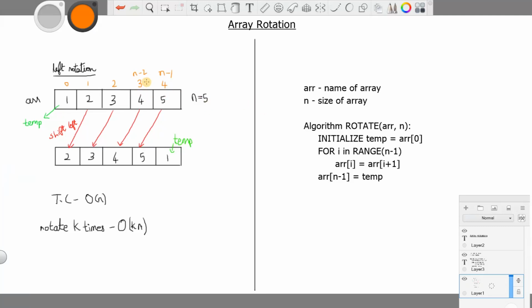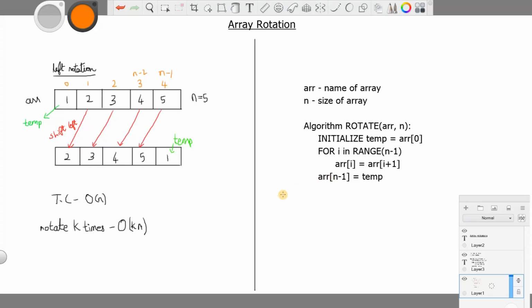I am just stating the actual indexes of the array. It will traverse up to this element, index 3, storing the next element of the array, and finally the last element will be replaced by the temporary element we have stored. That's how array rotation works.